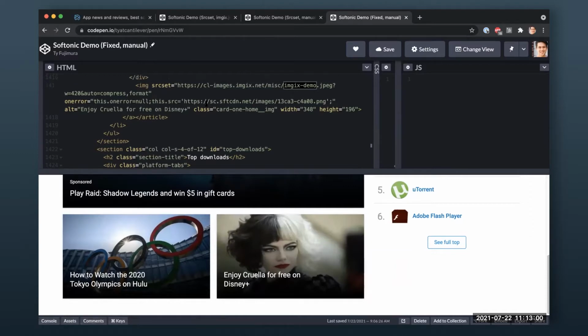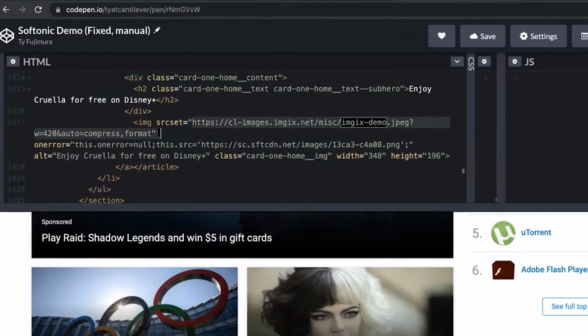And so you can see here, this is the very basic format of an imgix image. And if you're not familiar with this, I'm sure we can link to the documentation for the URL-based API for imgix. But the basic idea is pretty intuitive. It's that you have a core URL for your image, which in this case ends with the file extension there. And then in the query string, you're able to specify different parameters that you want to request that imgix transforms